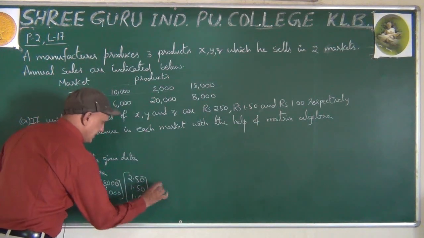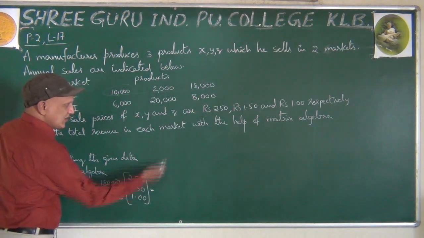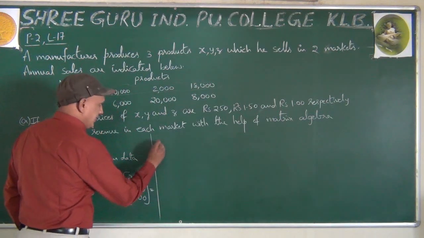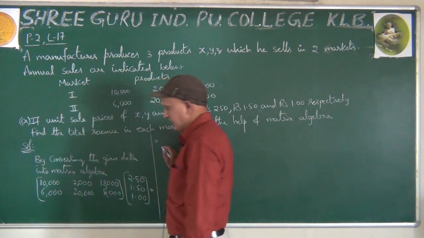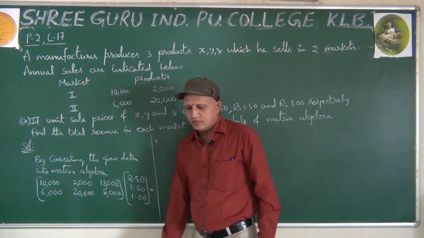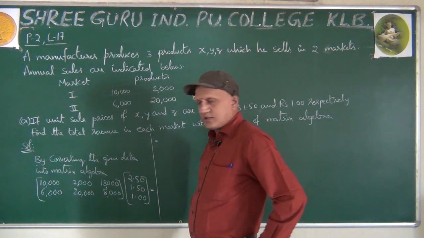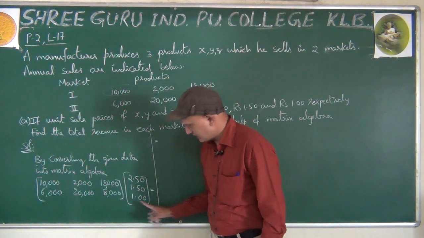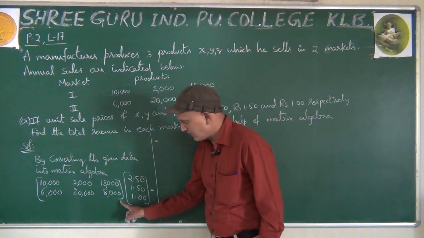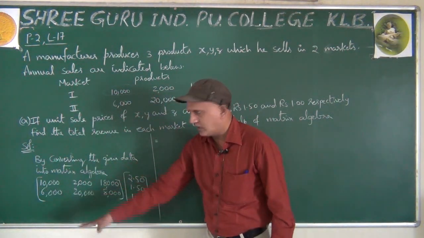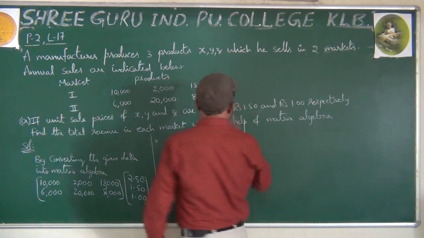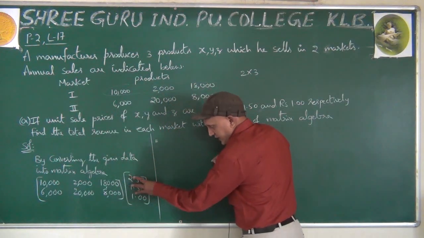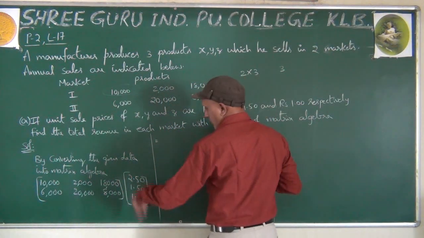Matrix multiplication equals to, I will continue here, okay now. When we can multiply two matrices, what is the order for the first matrix? This is one matrix, this is one matrix, right? What is the order for this matrix? 2 rows, 3 columns, right? Second matrix, 3 rows, only 1 column.